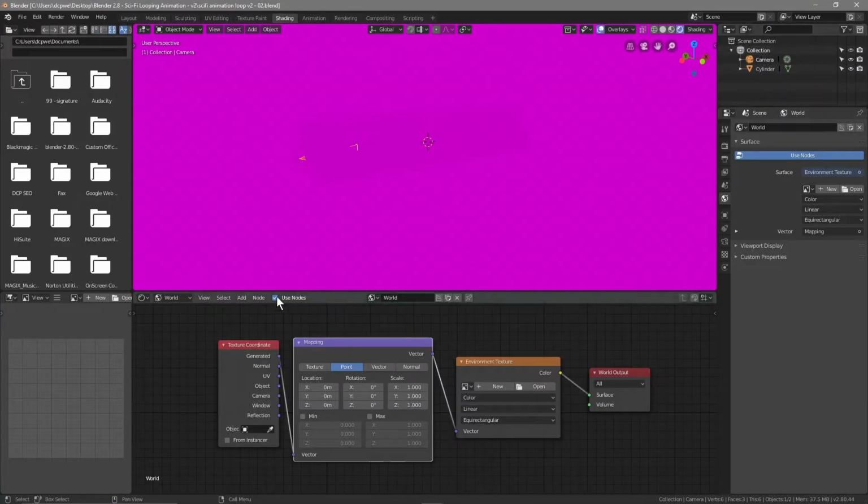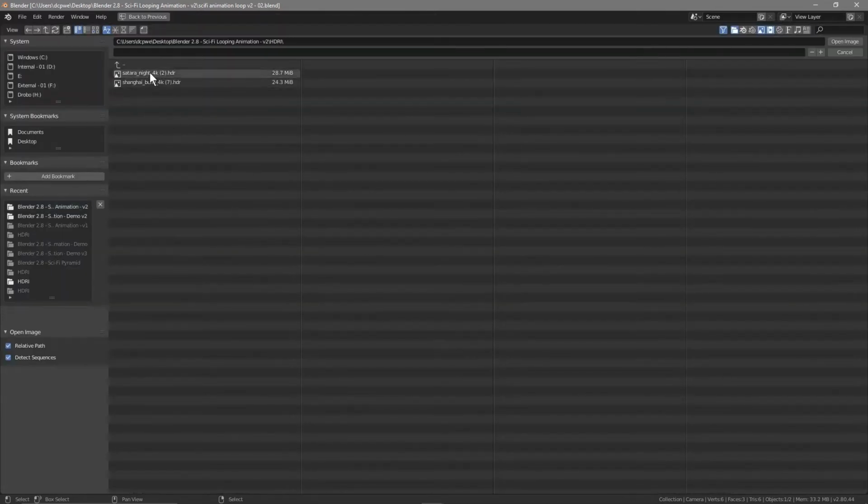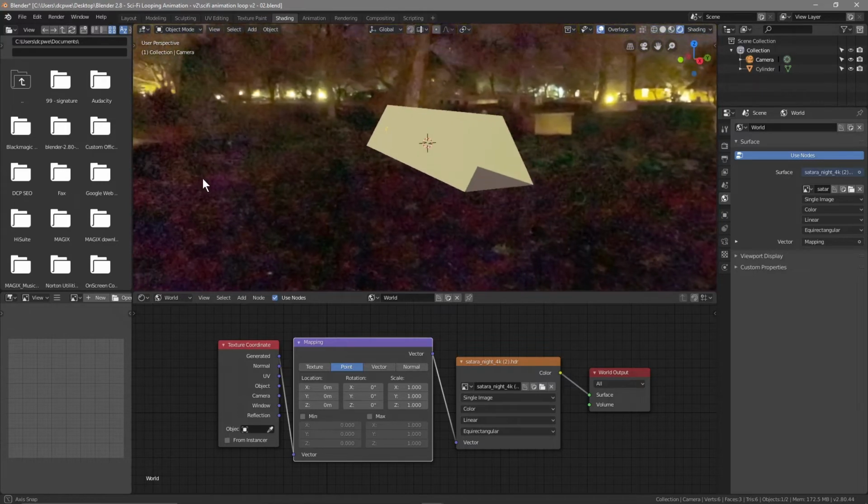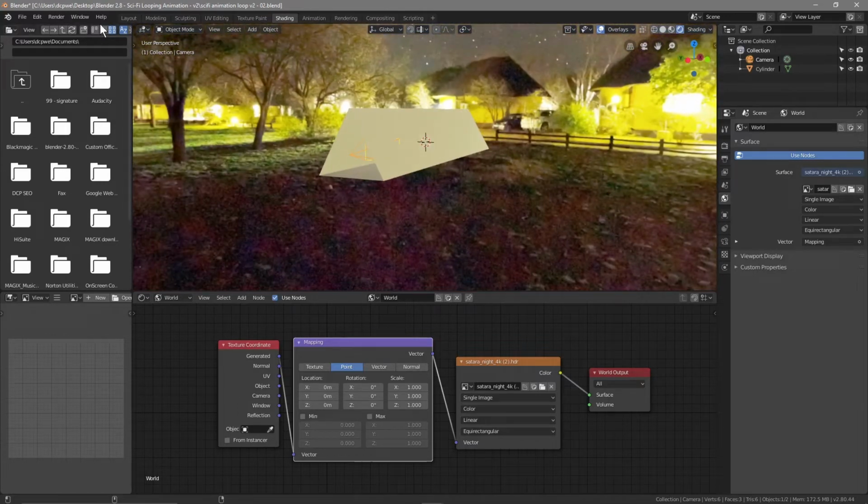So we've got our HDRI set up here with the world settings, and we'll click open here. Then go to the HDRI folder. I'm going to click on this Satara Night here and then click open. Then we can see that in the scene here. And next thing we want to do is go back to layout,